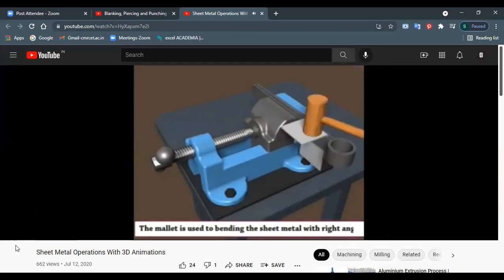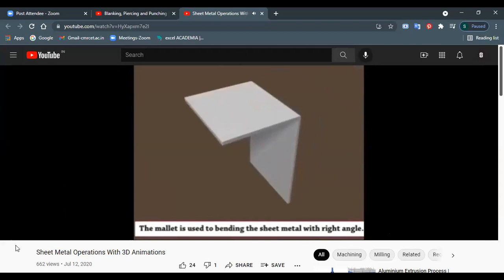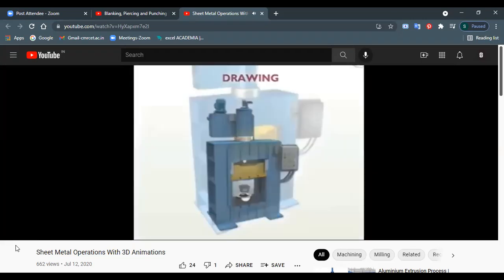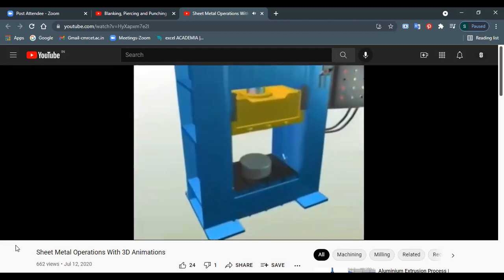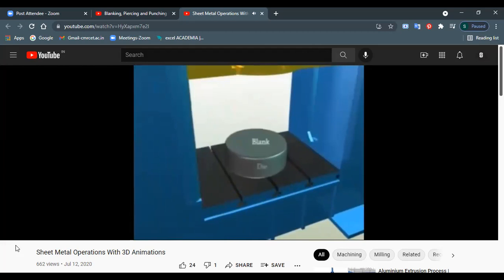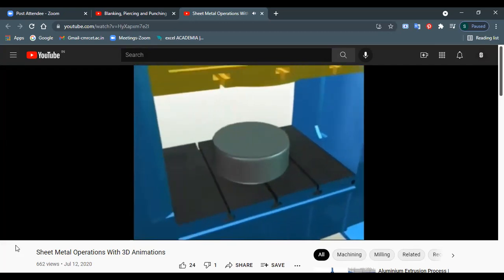So you see, with the help of that mallet, we are trying to bend it, after holding it in place, trying to shape it. That's what we are trying to do. A flat piece into a